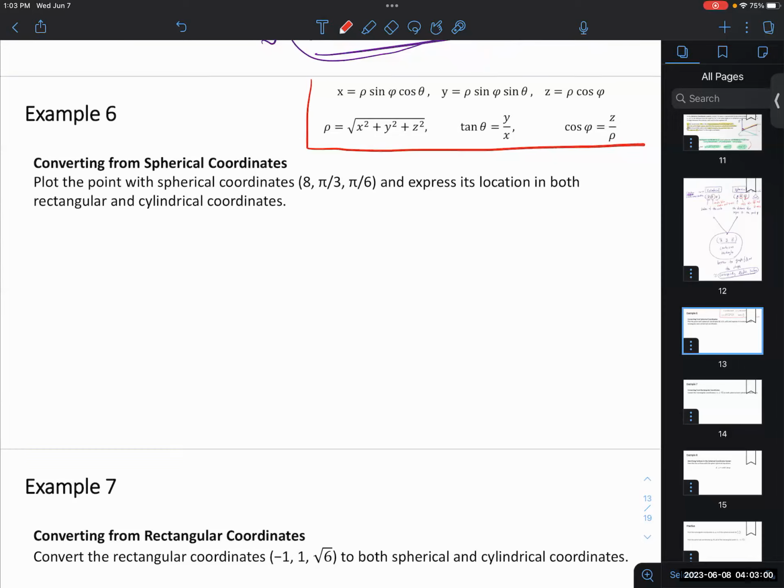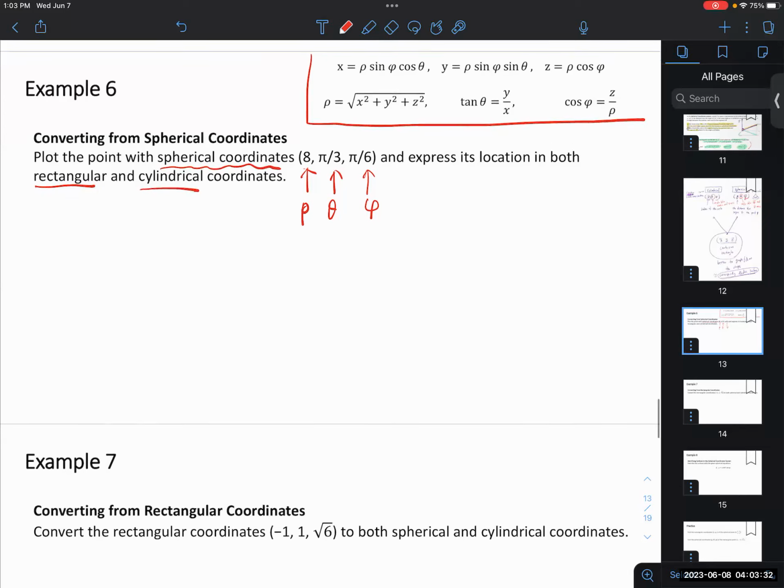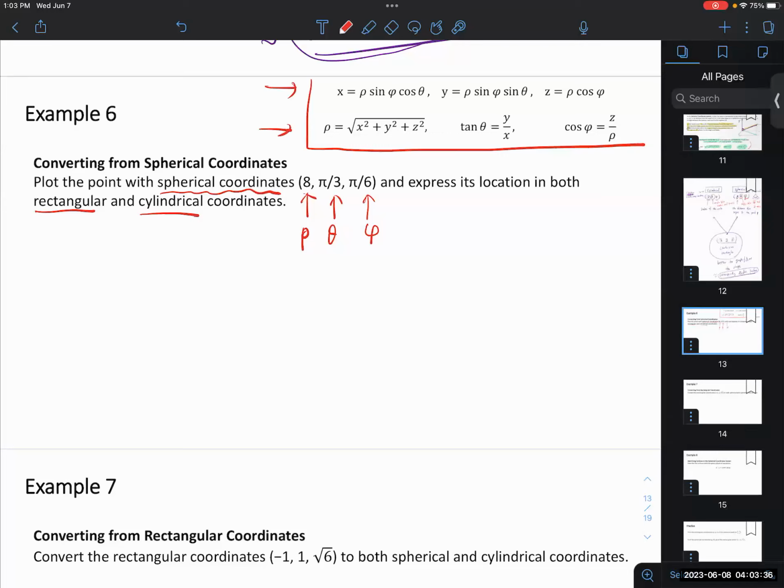I'm giving you the spherical coordinate point. This is rho, the distance between the origin and P. This is phi, the angle between the Z axis and the segment OP. And this is theta. Just keep in mind, we want to convert it to both rectangular and cylindrical coordinates. So let's do the work step by step, using this formula. x is going to be rho, 8, times sine phi, pi over 6, times cosine theta, pi over 3. Using decimals, you find 8 times 1 over 2 times 1 over 2, you should get